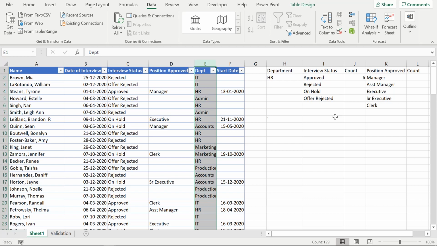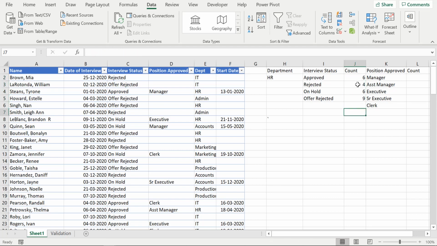So it has counted approved candidates from HR. So this has been 2 counts that they have done. So they first looked at how many are in the HR department, and then how many of those are approved. So now I'm going to drag this formula,